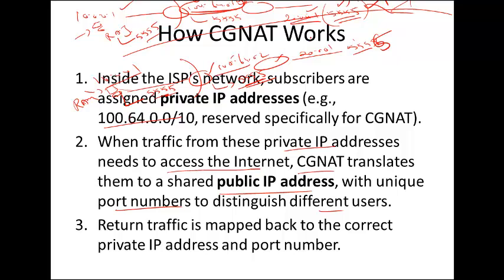So that if someone from outside talks to 220.0.0.1, port number 5555, they will get translated to Raj's address. If they come to 6, then they will be translated to Ram's address. For that, we need to do what? Static port mapping,